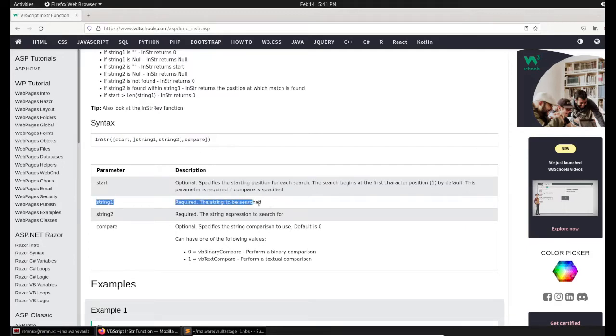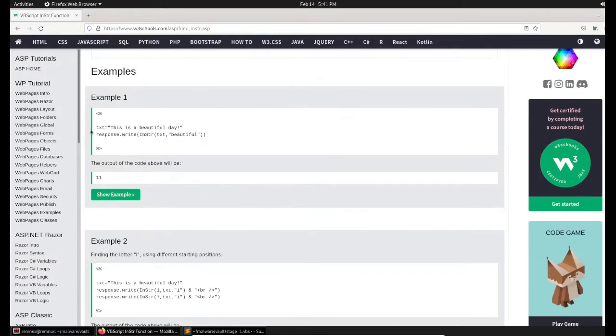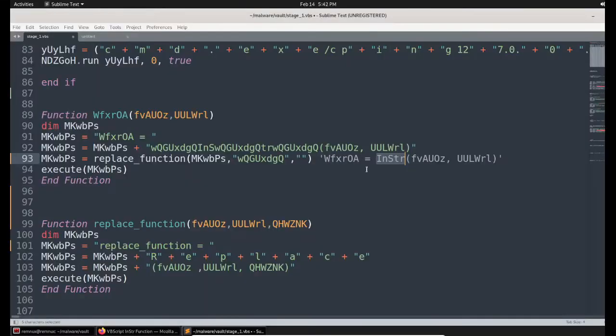And string 1 is nothing but the string to be searched, and the second is the string expression to search for. If you see this particular line, again the same line, "This is a beautiful day", and they are calling the InStr function, and they also defined the variable here, and they are searching for the word beautiful, and the output is 11. So this is what the InStr function does.